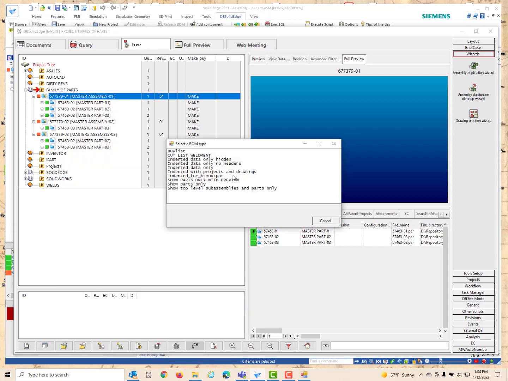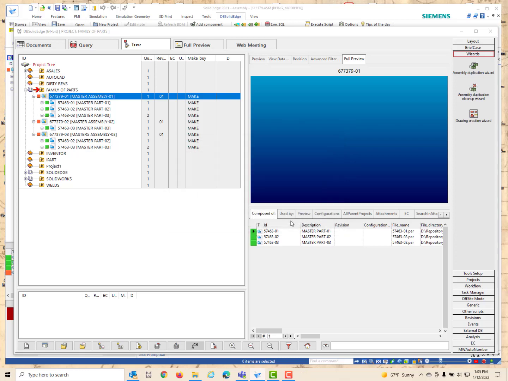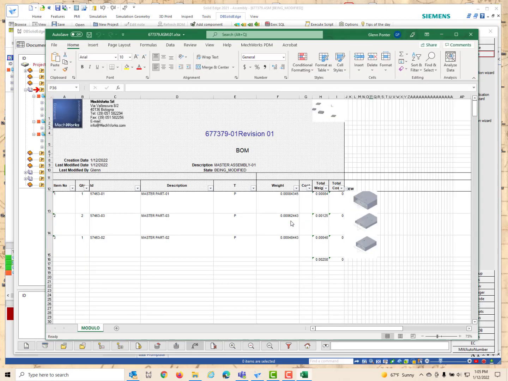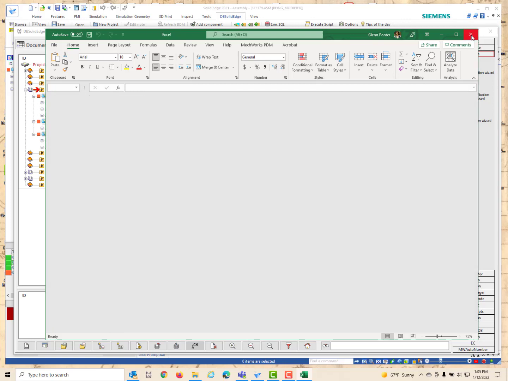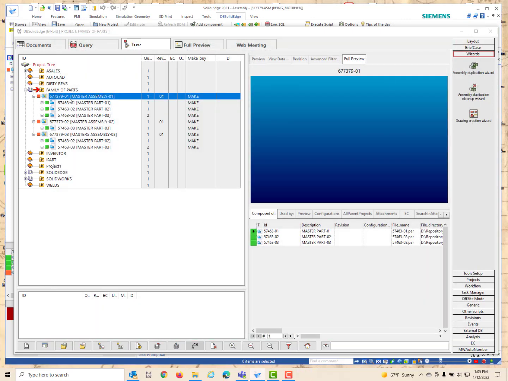on the fly. Here is a list of the different formats that have been created by the administrator on the different types of bill of materials that you may need. And in this case, the user is going to select this one and select OK. That generated the bill of material on the fly, and you can see it's showing exactly which parts are in that assembly. Also, the user could open up one of these assemblies